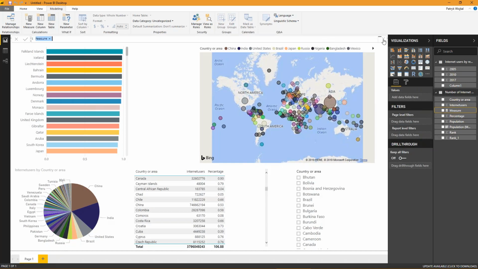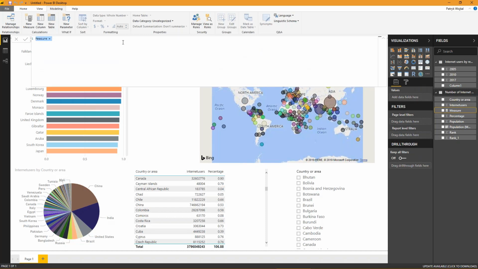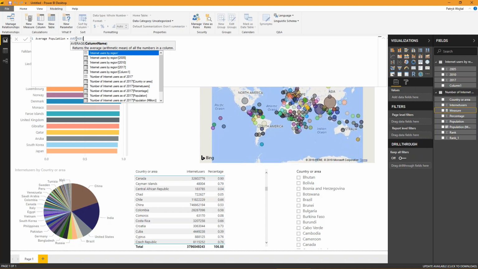So you see measure one. If you need more space, you can always click on the arrow here to expand it. Now for this one, I want to do something very simple. Let's just do something like average population. So this will be identical to how you do it in Excel. So you just type in average around with brackets,